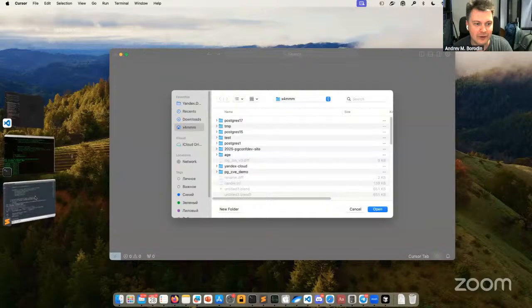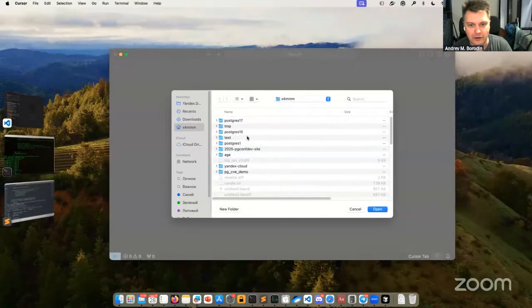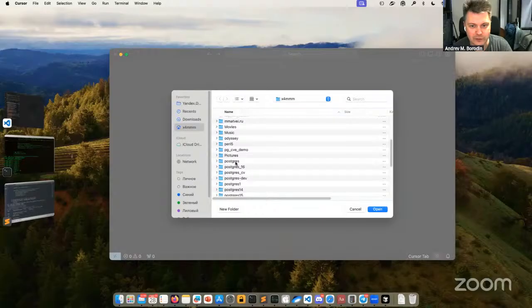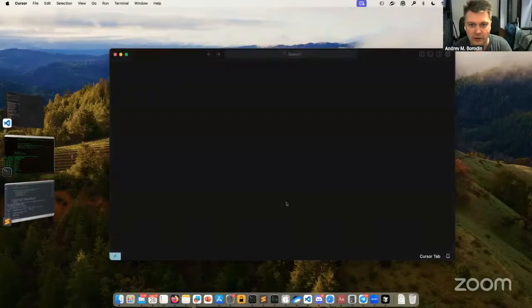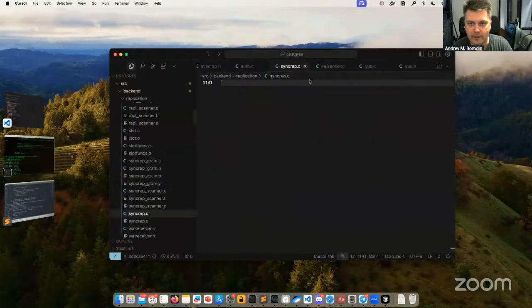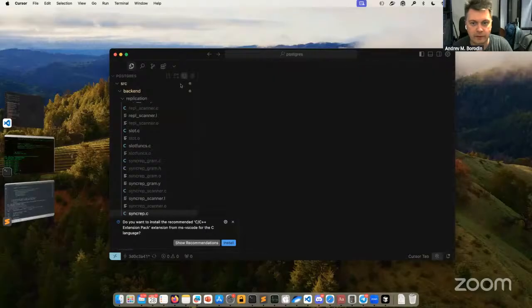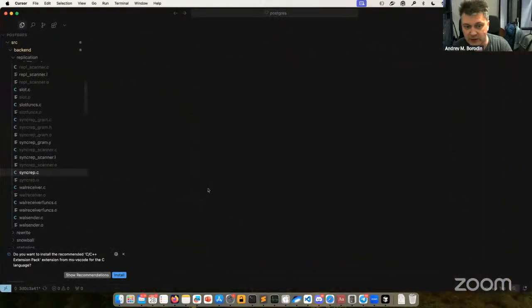A lot of Postgres in my home directory. So let's start with the GUC that we want to add.